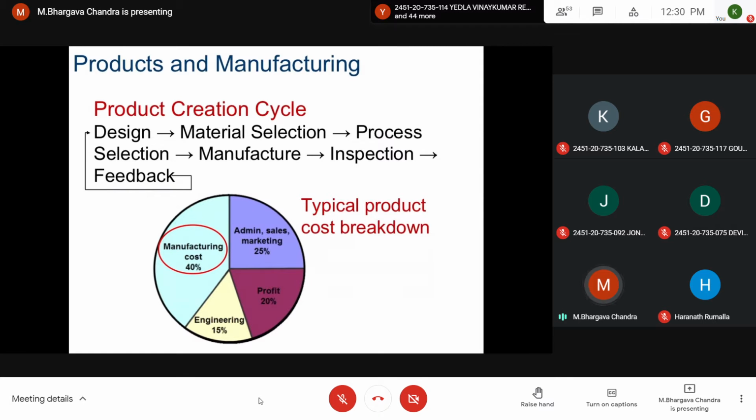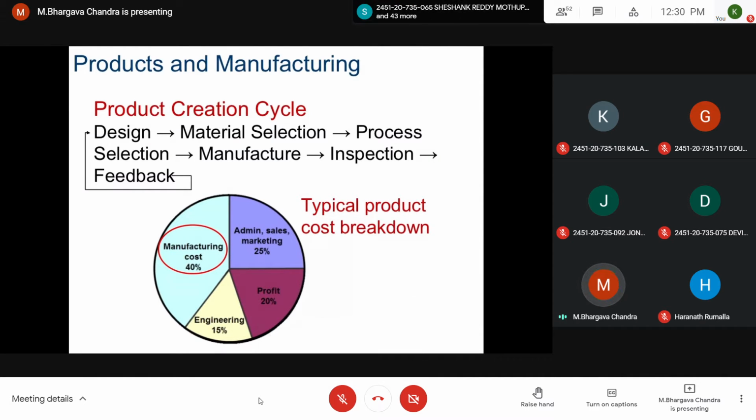Typical product cost breakdown. First, we'll have an understanding about any product and how it will be costed, like a mobile phone. Throughout this production cycle, whatever costs are involved will be levied on the customer, taking into consideration the profit margin also. Without profit, no production or manufacturing process will survive. If a particular mobile costs around 10,000, how is the 10,000 decided?